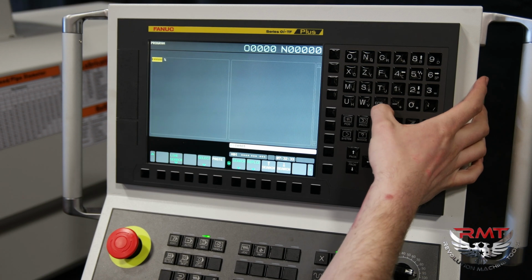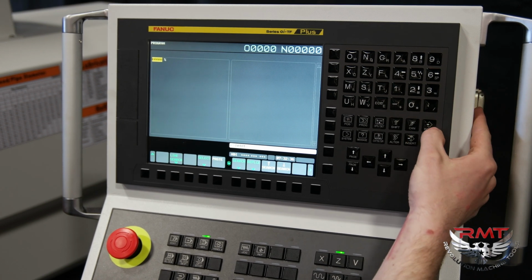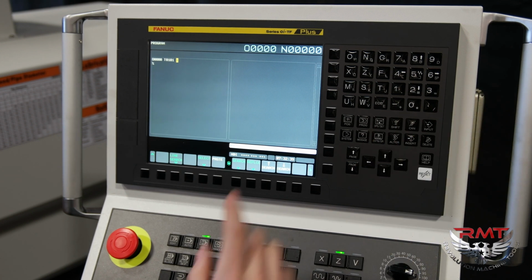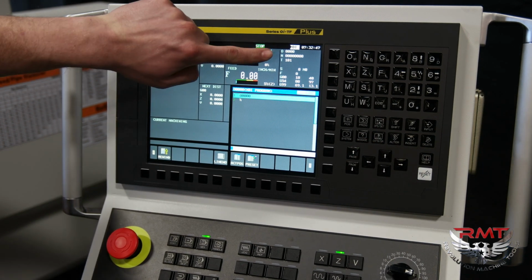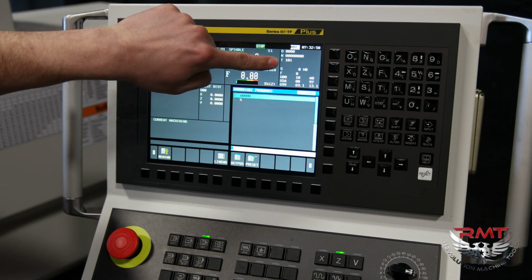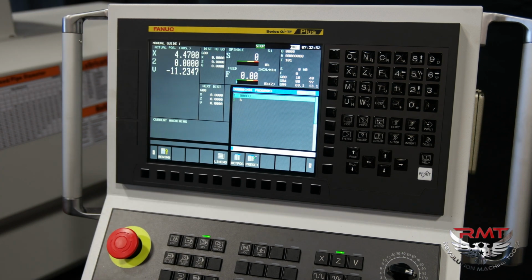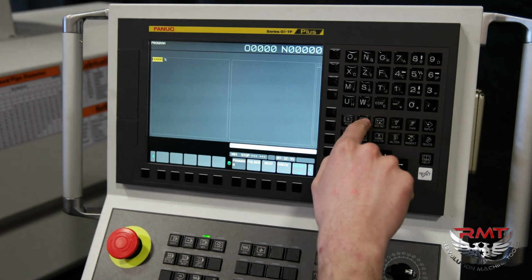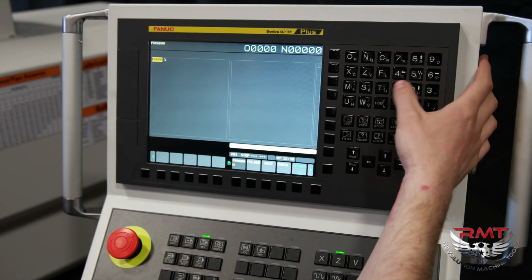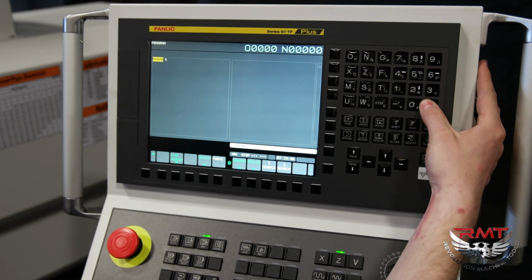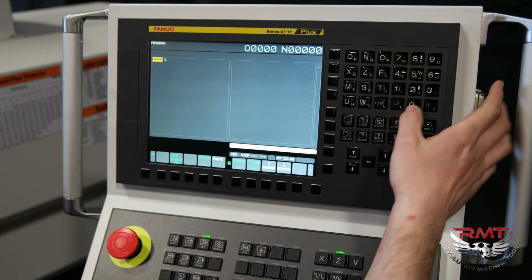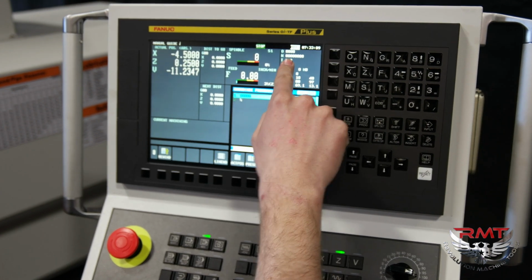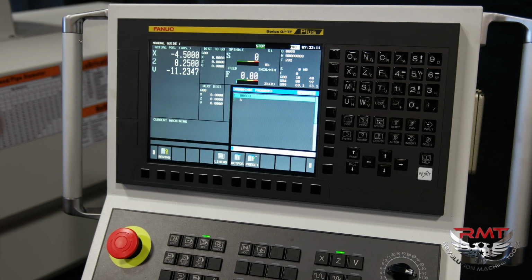I then hit the end of block or EOB, and then press input. I will then hit cycle start, and if I come to my custom graphics page, you will note up here it tells me that I'm working with tool 101. However, if I go back to my program and say I was working with tool 2, it will still reflect up here, but if you do not check this and go to set your G54 or